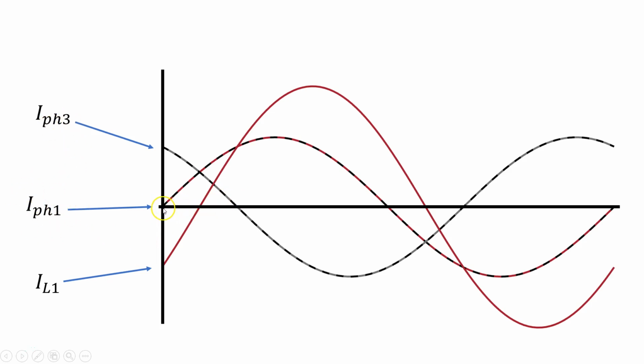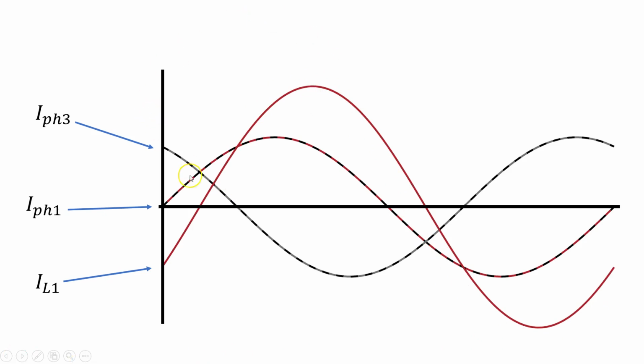So here at point 0, we should have line current equal to the negative of the phase 3 current, because phase 1 current is at 0. How about this portion here when they both intersect? Well, they're both equal, and they'll subtract to 0, and this is why we've got 0 here. So you can do this for every instant in time along the time axis here. You subtract phase 3 current from phase 1 current, and you plot those, and what you get is this nice